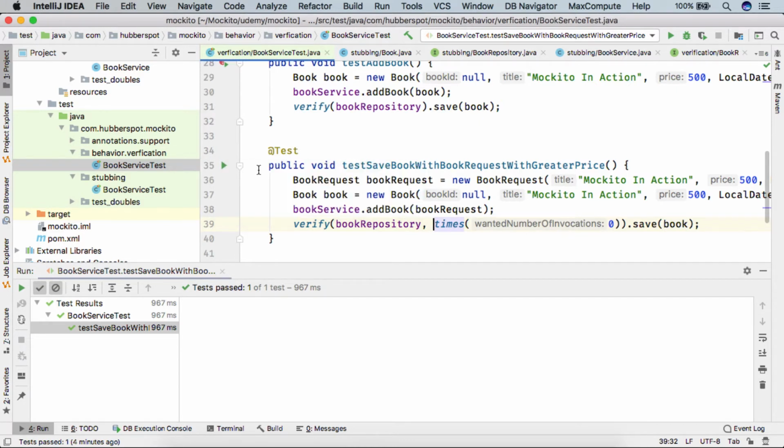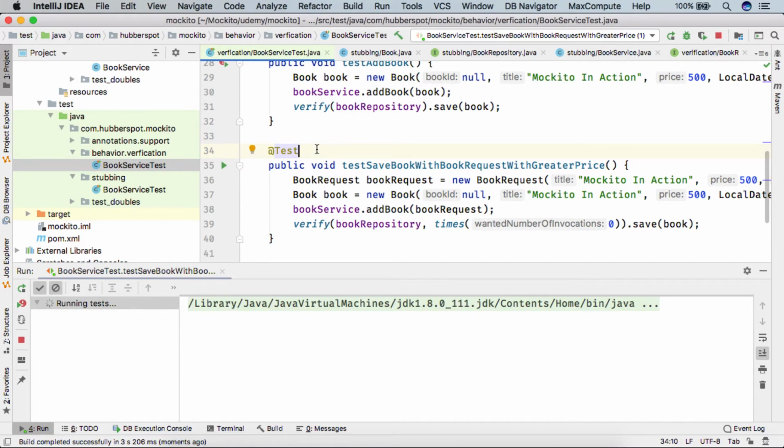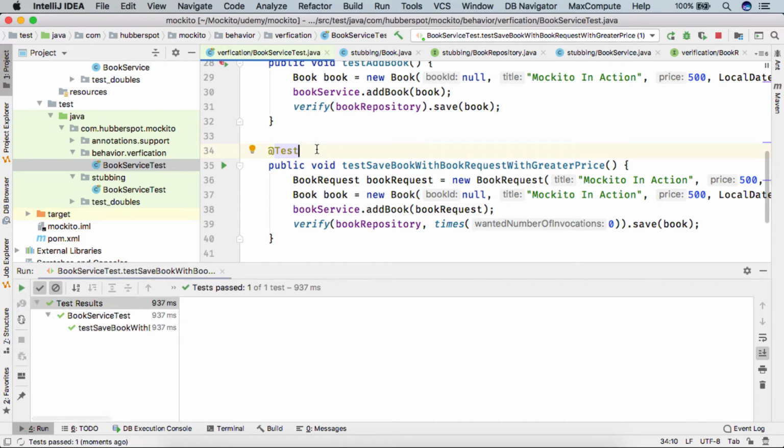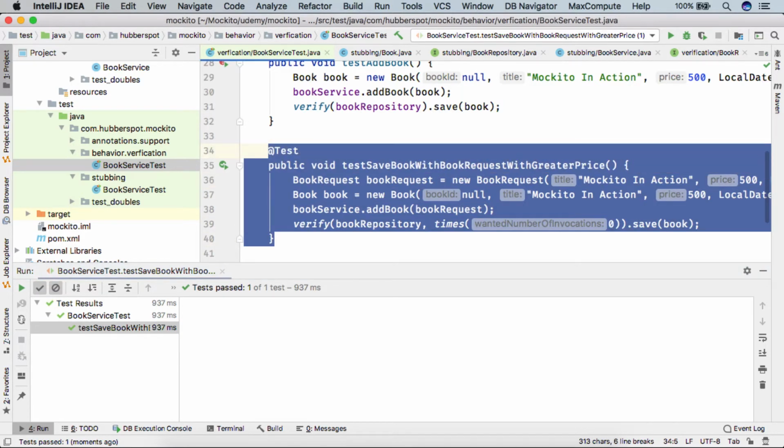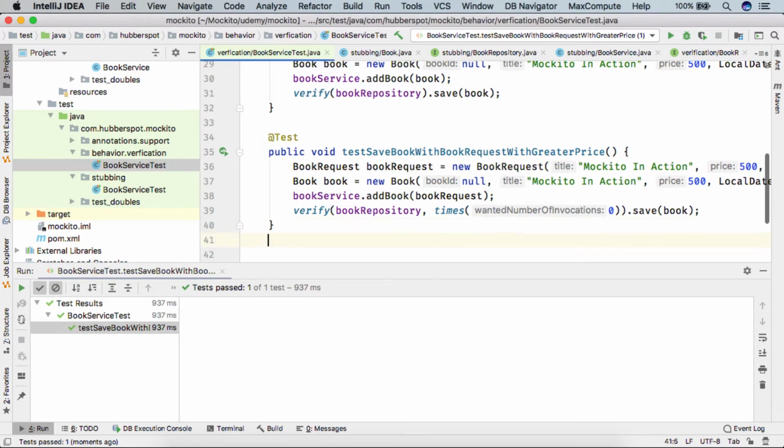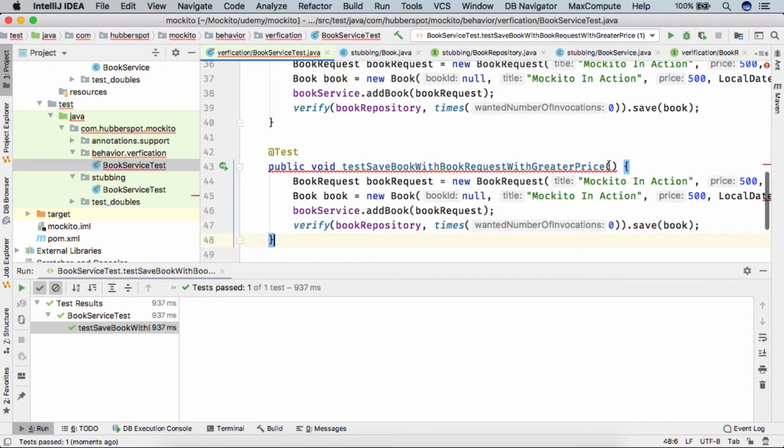If I run the test case, you can see the test case got executed successfully. And also friends, let's say I copy this test and paste it below.